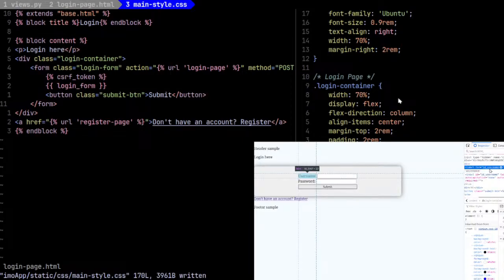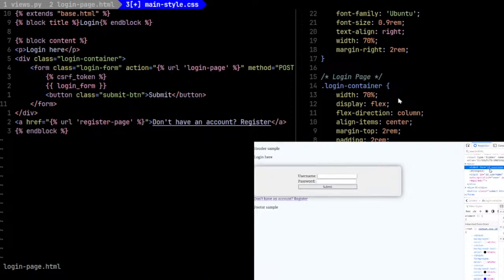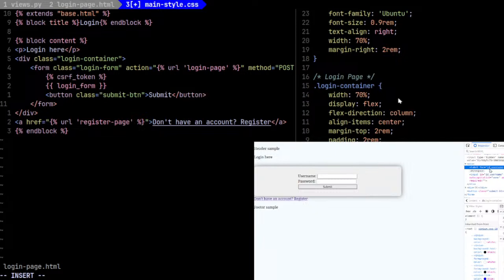I'm not gonna get rid of this. I'm just gonna transform that. So instead of this, let's actually